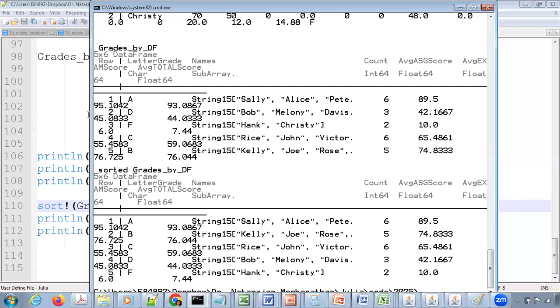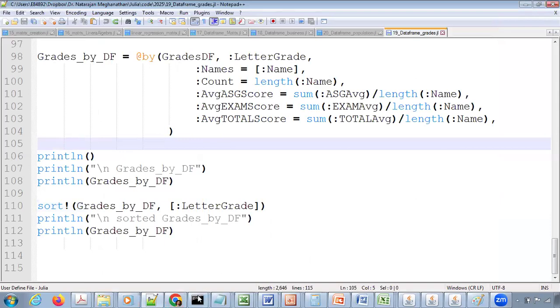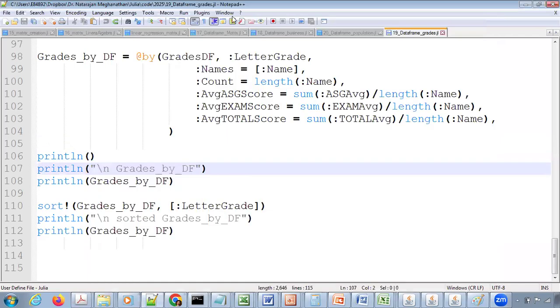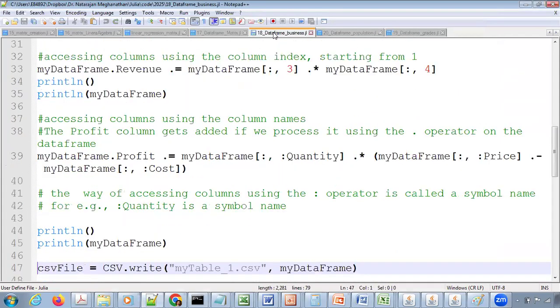Now, if you want, you can store all of this to a new file using the csv.write function, because this is like a statistical analysis of the grades that we have got. The grades, the student names, the count, the number of students who got each grade, and the average scores in each category, assignment and exams, for just that particular grade, and so on. In the earlier video, we saw how to write to a CSV file. So we can make use of that,